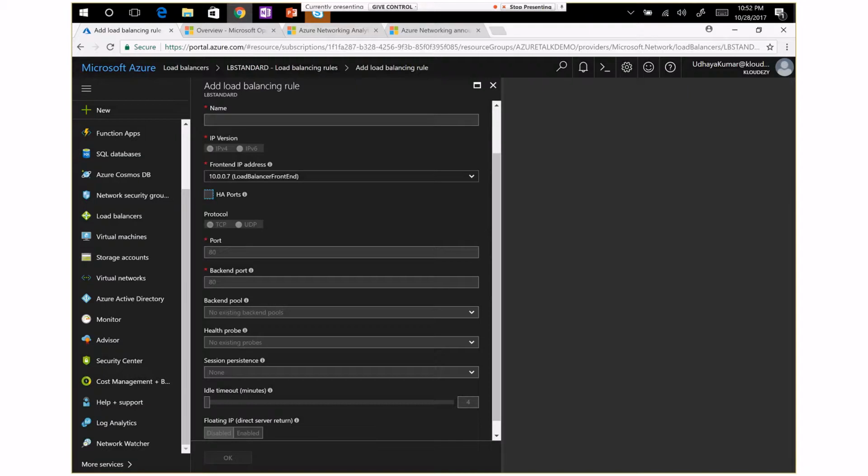So now you have your backend pool. Just a scenario: you have a backend pool of firewalls, the Cisco, or I mean Checkpoint firewall. You can go ahead and add and select the HA port, and this is a private IP. You are going to give it to your UDR, I mean, any of the subnets you want to route the traffic to this NVA or the firewall. The 10.0.0.7 would be your UDR next hop. So that is where we said a UDR rerouting is not required, because I can maintain only one front end IP to load balance all my workloads from one NVA device to the secondary NVA device.